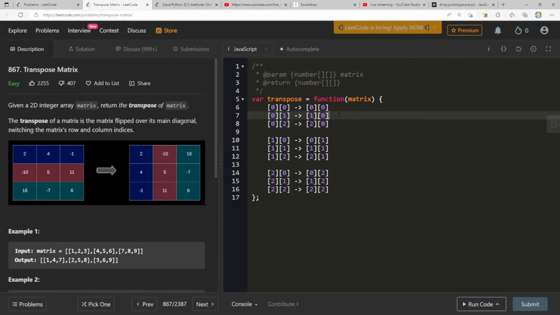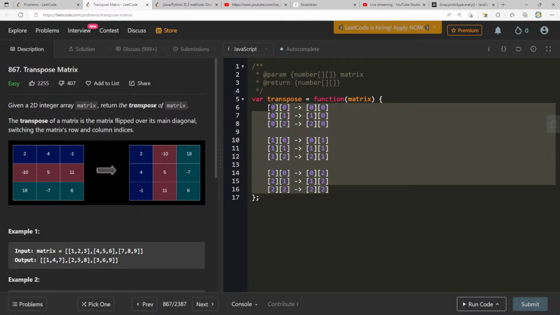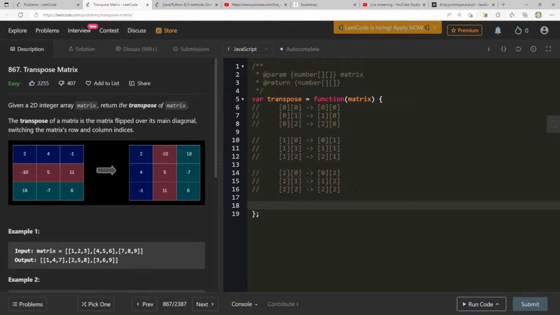So, if I just start moving things around though, I'm going to be overwriting other values. So one thing we can do is, let's try to not do it in place first, by just creating a new array, and then let's go from there.